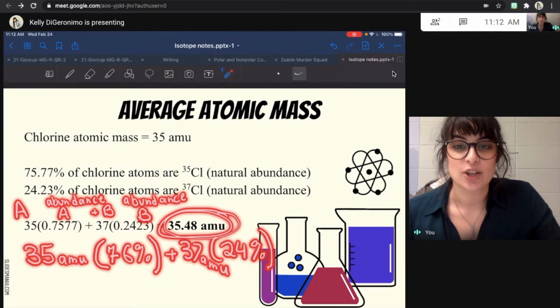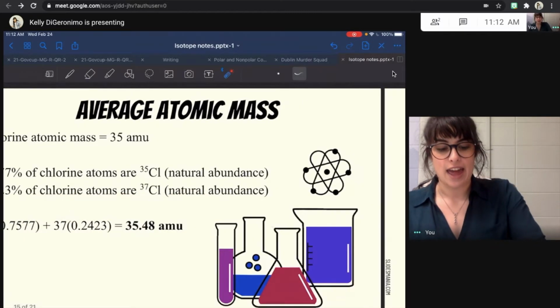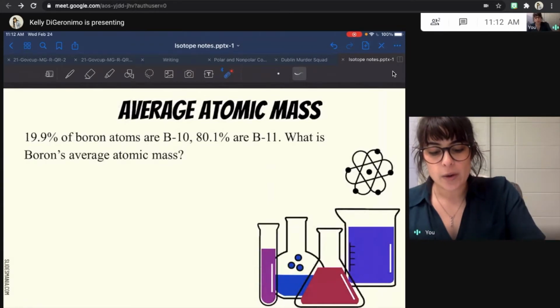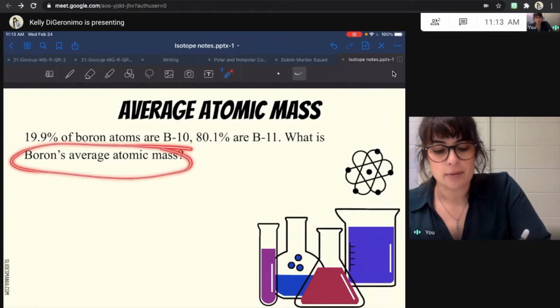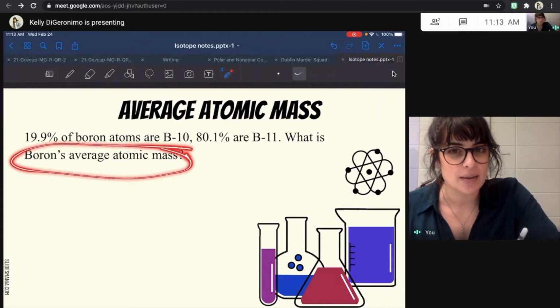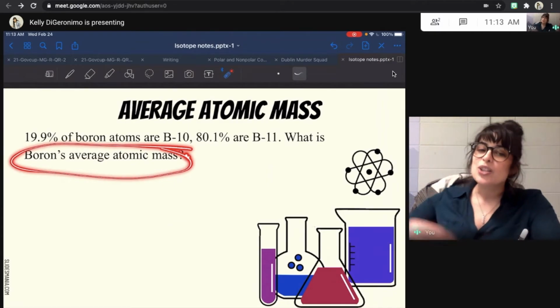And we got our final answer of about 35 AMUs. Let's do an example all together. We are going to find boron's average atomic mass. Where could you find this? You could find it in the periodic table, like the periodic table just tells you, but here's how they got